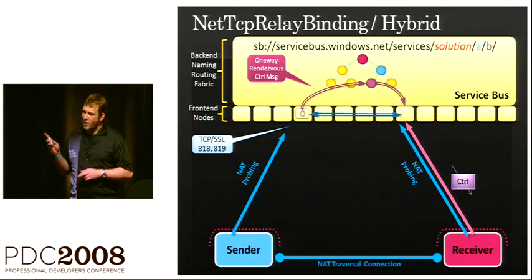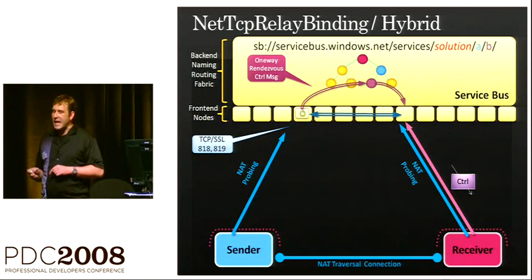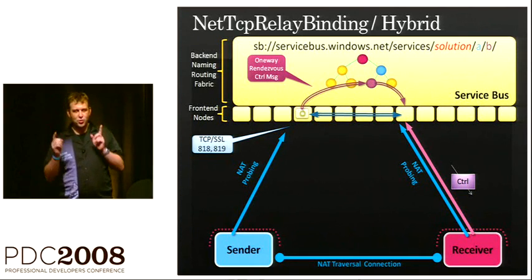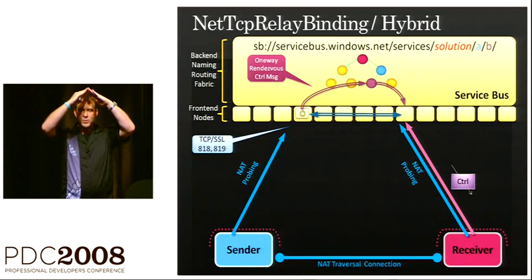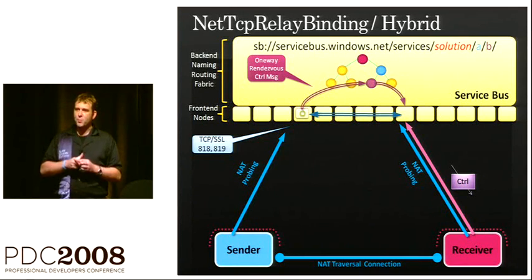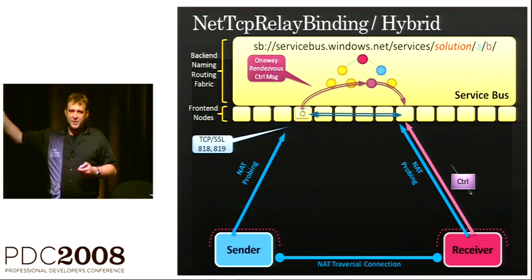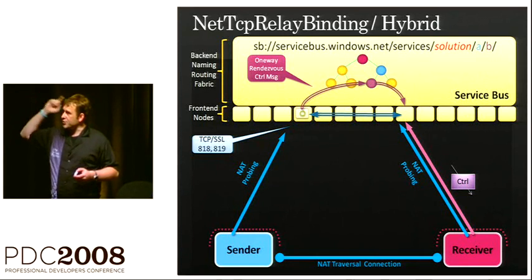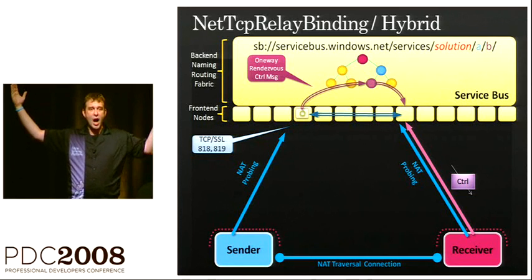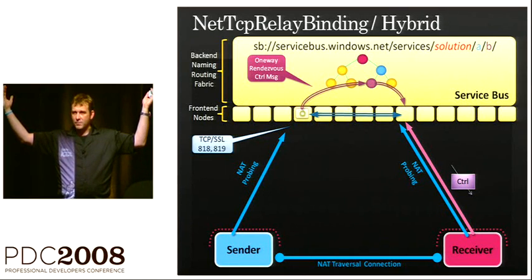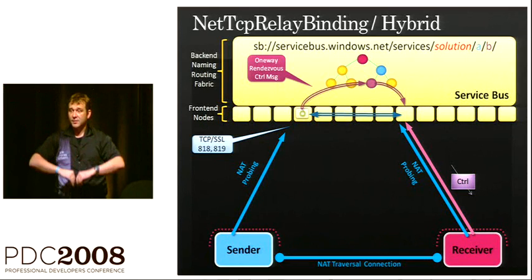80% of the time, we're right. The interesting thing with that hybrid mode is it will try. If it can't snap that socket, it will use it. Otherwise, it's going to stay relayed. So you can start pumping that DVD with your own photos over that connection, and as we upgrade, we're going to upgrade the stream byte by byte to the direct connection, so you're not going to lose anything.